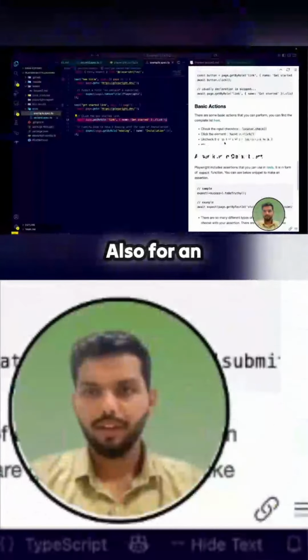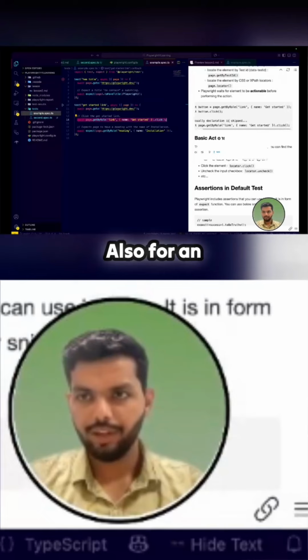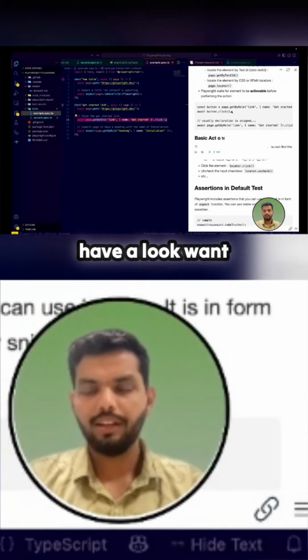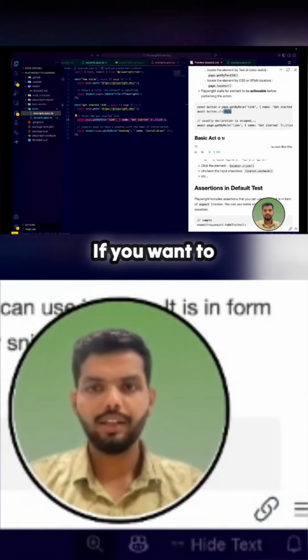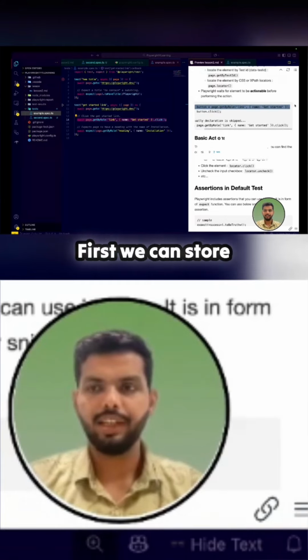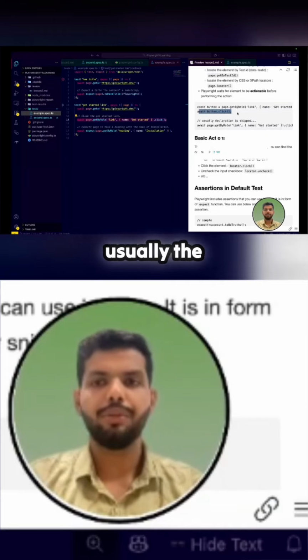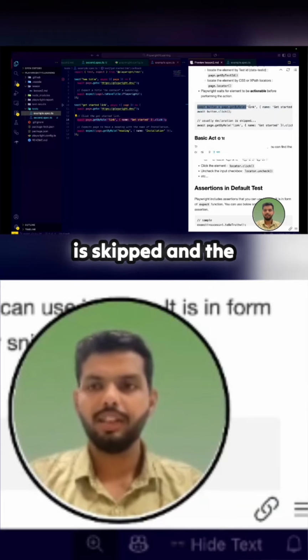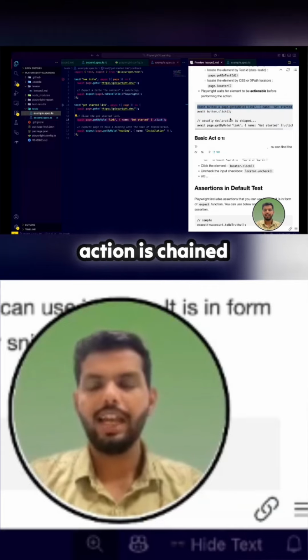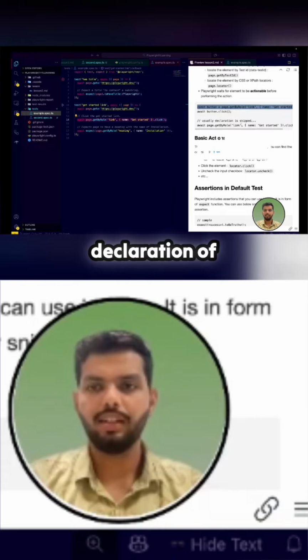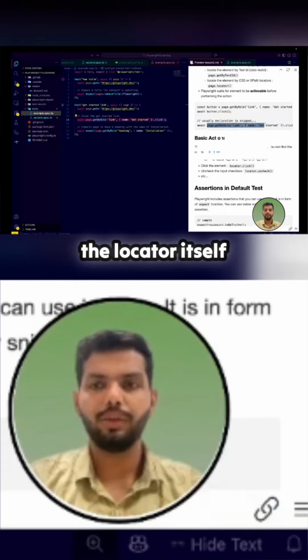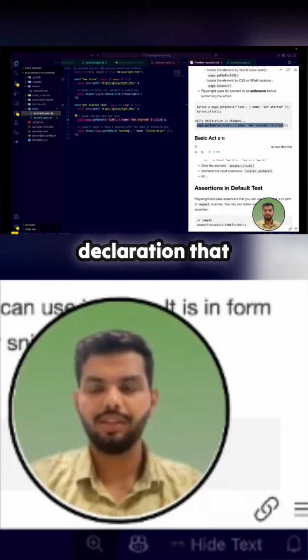Also, for an example, if you want to find an element, we can find it in this way. First, we can store that element in some variable, then we can perform a certain action. But usually the declaration part is skipped and the action is chained with the declaration of the locator itself, right? So this is the usual declaration that we